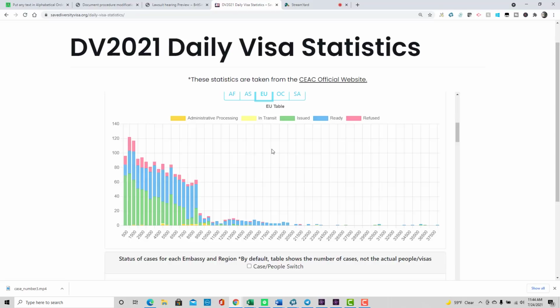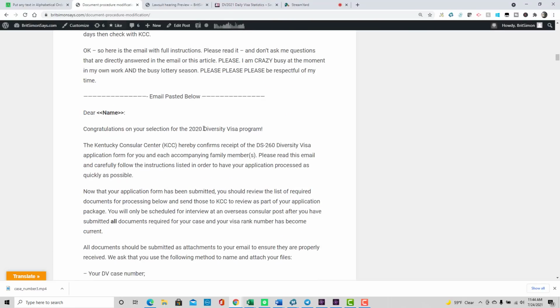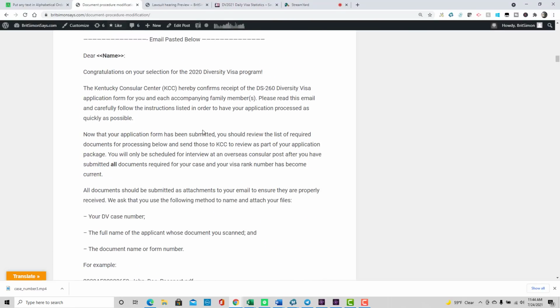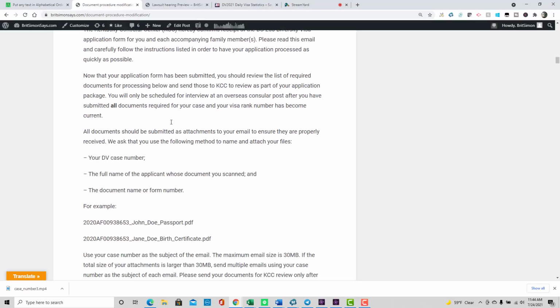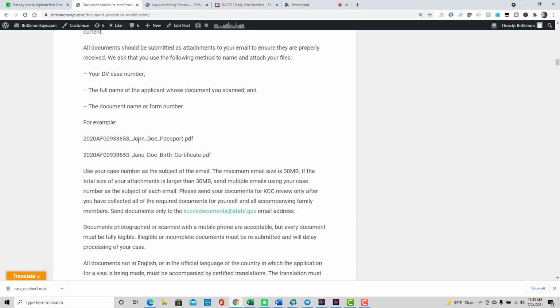But actually, I think it's probably more appropriate to think of this as an email inbox, which is actually what it is, right? And if we think about it as being an email inbox, how would that work? So if we look at the email that KCC sends out when they ask you for your documents, they ask you to send certain documents, and they explain how you should number and describe them. And as you can see, there's the full case number there, including the leading zeros, right?